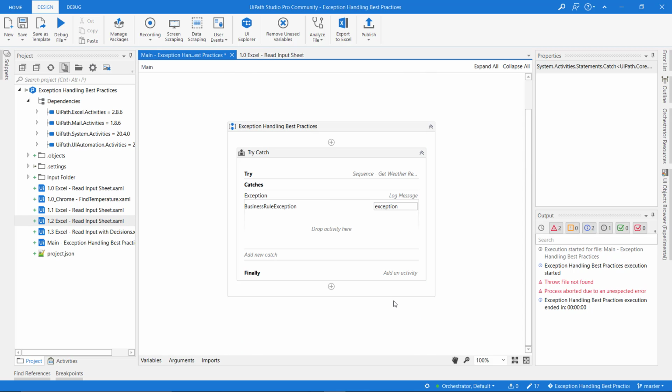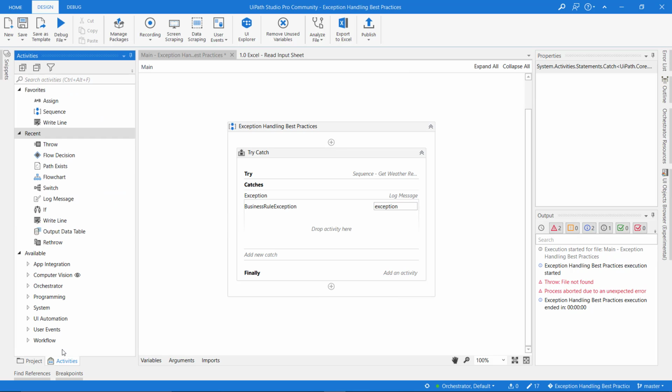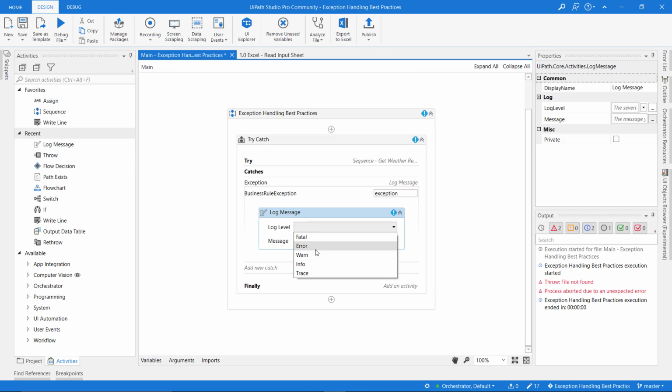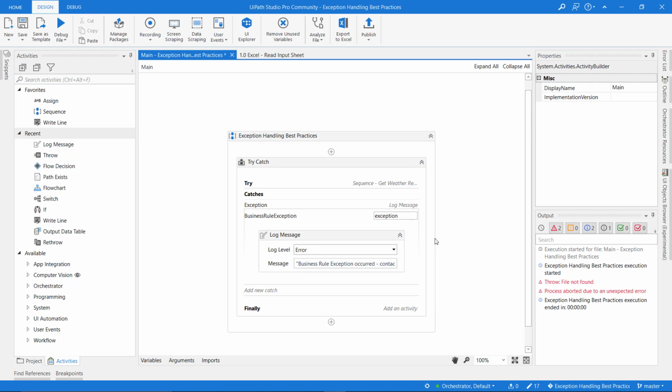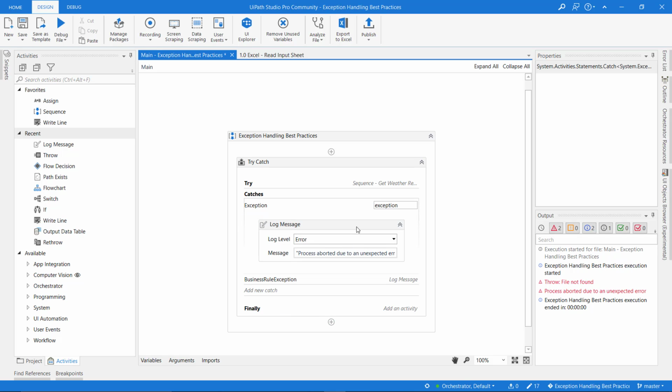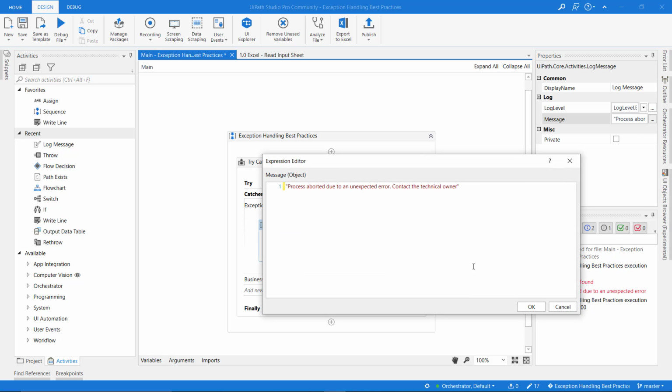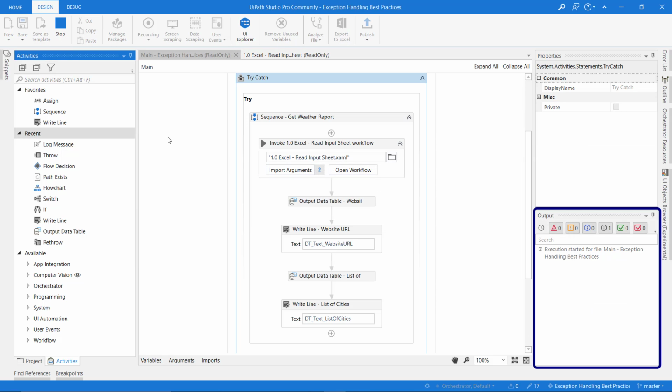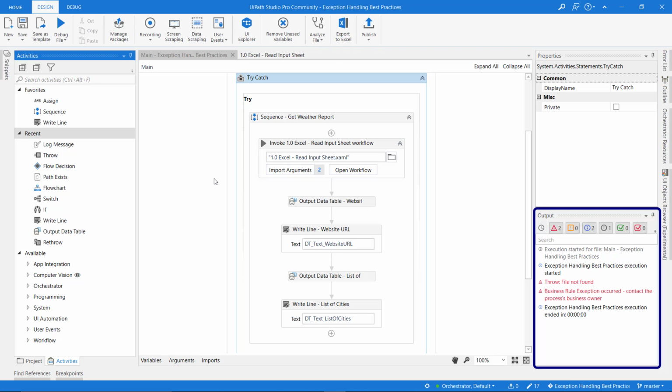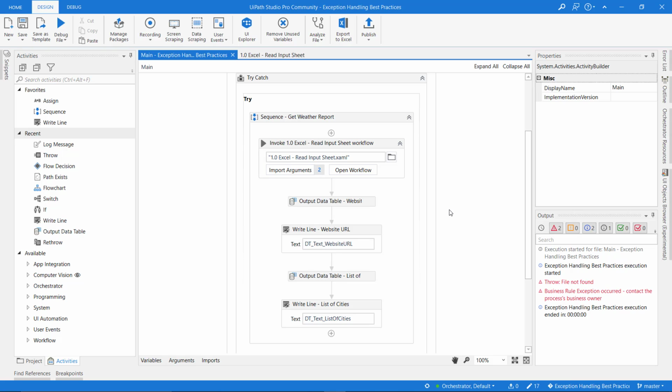I can now log this exception as a business rule exception with a prompt that contacts the process's business owner. Similarly, I can add a prompt to contact the technical owner in case of application exceptions. So when I now run the process, I know whom I have to contact. All right, so now my workflow has told me whom to reach out to, but what do I tell him